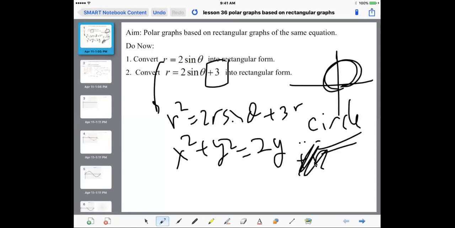So we'd end up with this extra, I could maybe square both sides again to get an r squared, or maybe I could just write the square root of x squared plus y squared. Suddenly this thing is looking pretty complicated. It is no longer a circle, and it's not going to be any shape that you've ever really seen before. And today's lesson is about